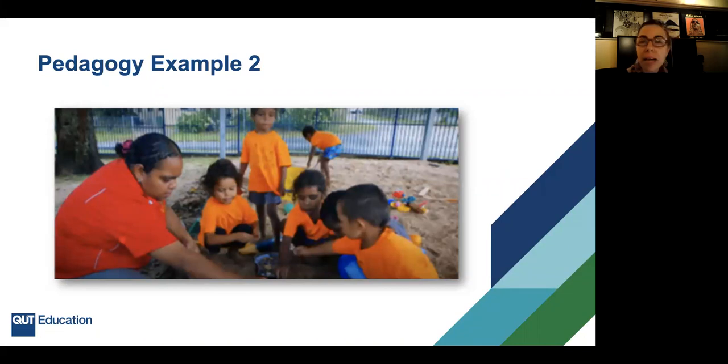So the emphasis was on getting to know and understand students, developing those relationships with the community, relationships with the family, seeing students as competent, having natural curiosity, I think was one of the comments that was made. But I think the one that really shone out was the collaborative pedagogy.